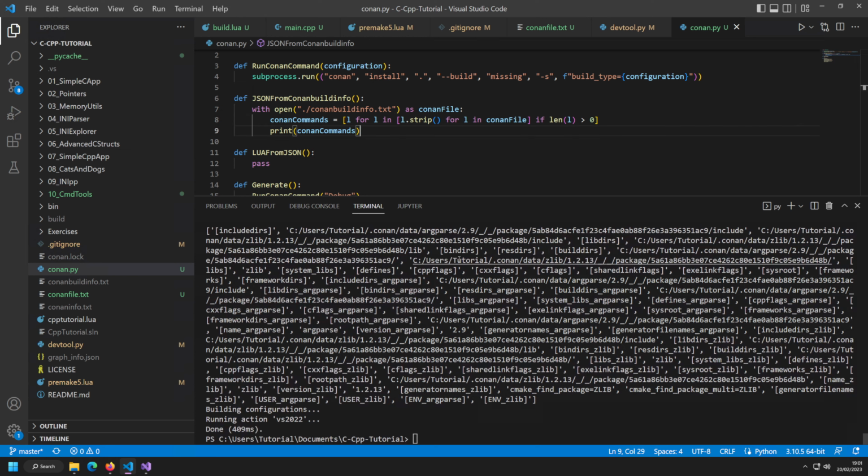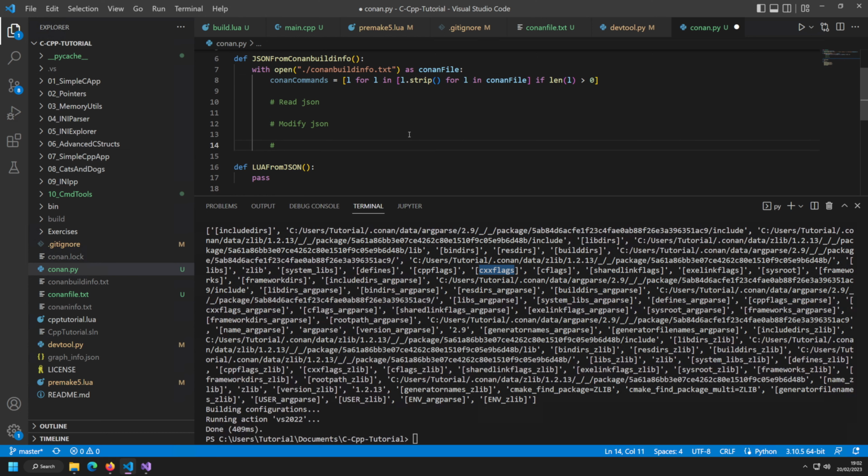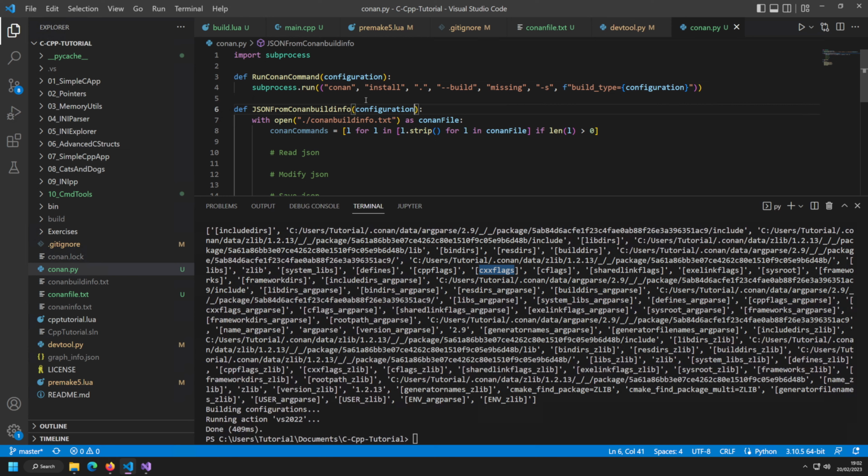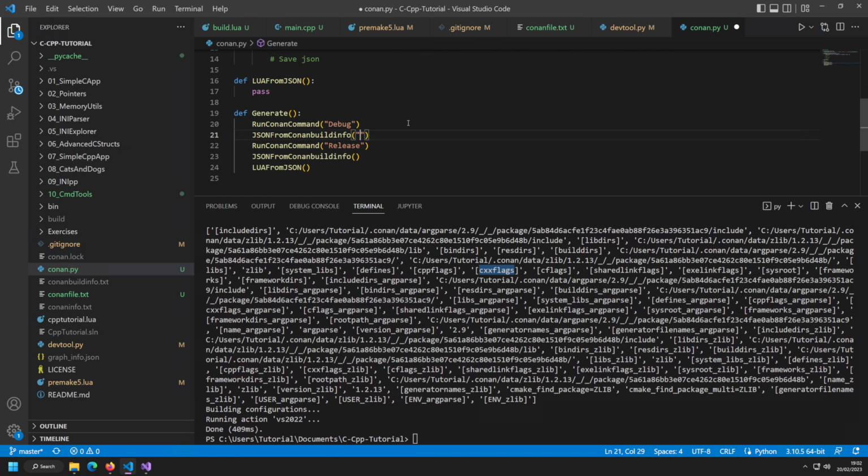And now what I really want to do is transpose this into a JSON file. Now, in general, what I want to do is first read the JSON file. So these are my Conan commands. What I now want to do is read JSON, I want to modify JSON, and then I want to save JSON. And to modify JSON and have two configurations, we also need the configuration in here. So let's add the configuration in here, and let's also provide debug and release so that we have some